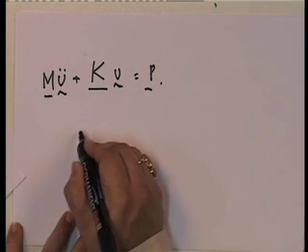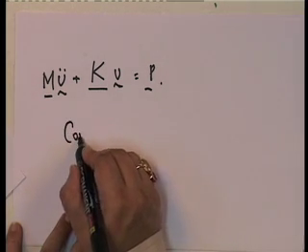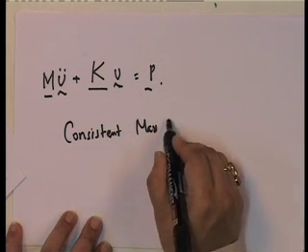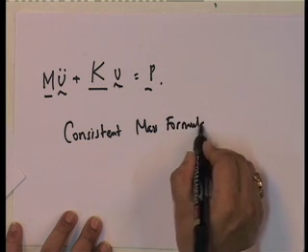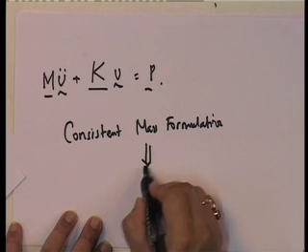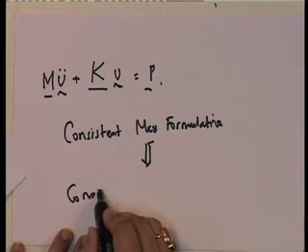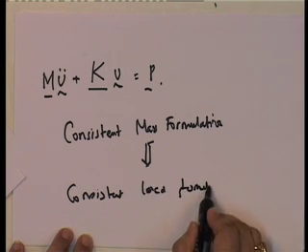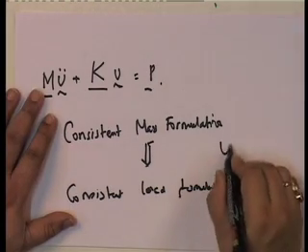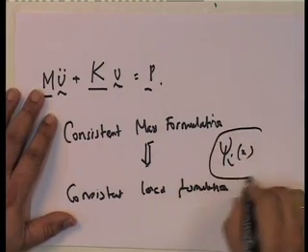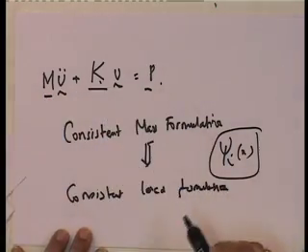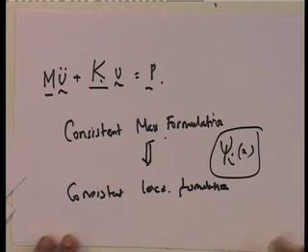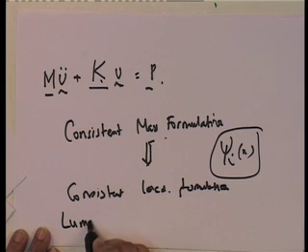Now, if I use the consistent mass formulation, then it is obvious that I have to use the consistent load formulation. In other words, the xi i's are used consistently for k, for mass and for load. Okay. However, if you use the lumped mass,